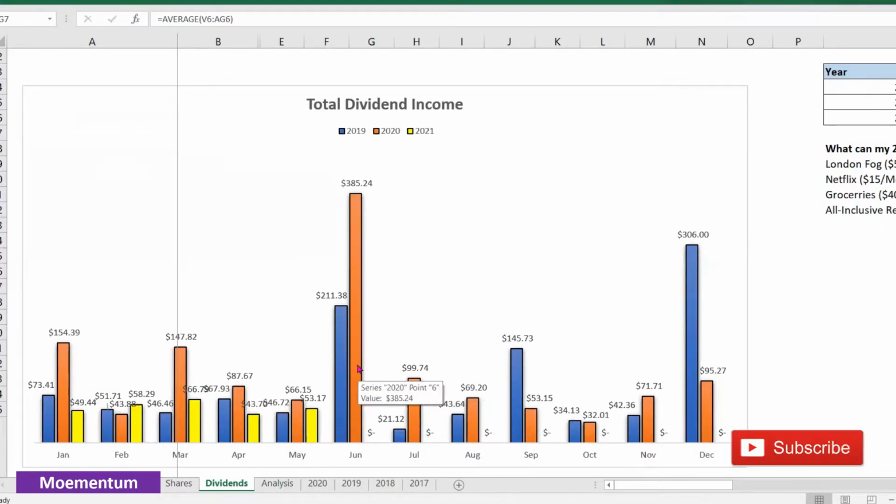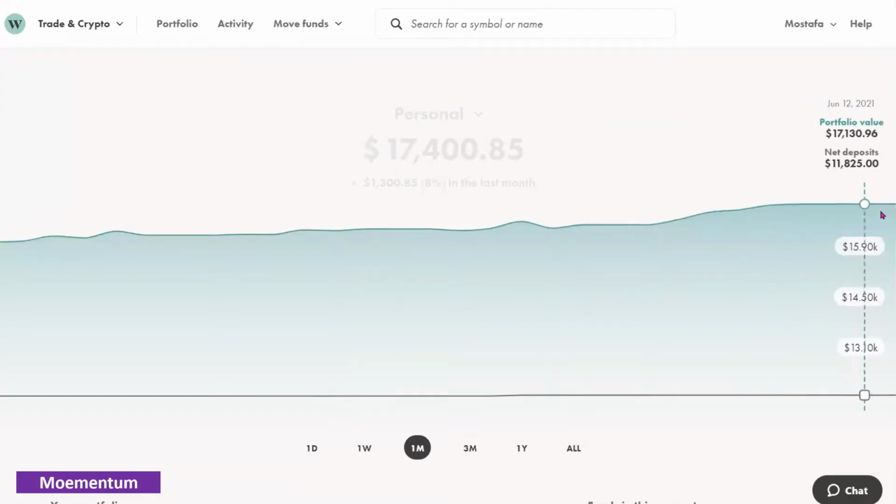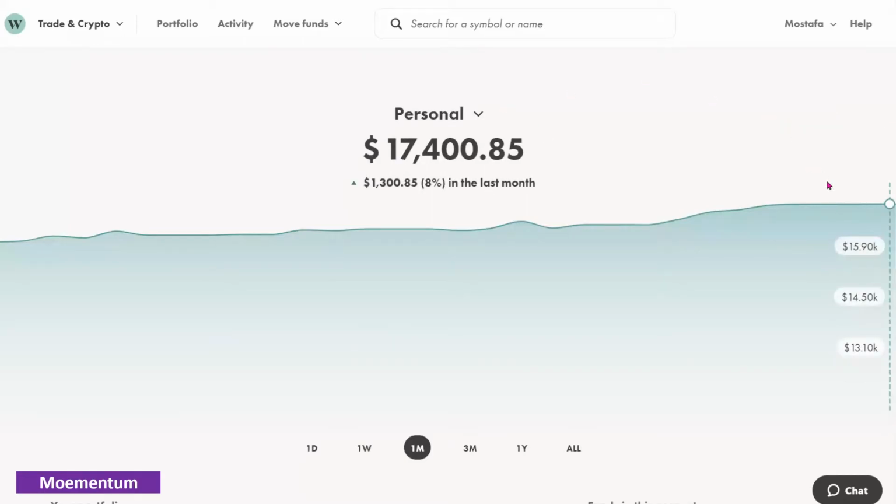So definitely we'll provide an update on our dividend income there. With that, let us hop on over to our Wealthsimple Trade account and provide an update of our investment account there. Right. So as you see here, our overall amount for this account is currently sitting at 17.4 thousand, and